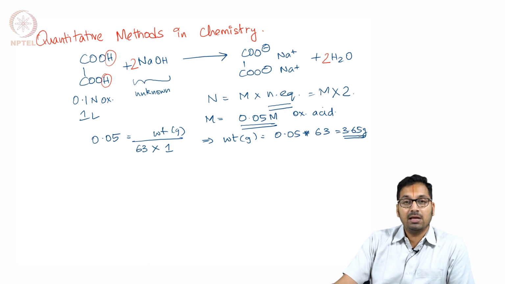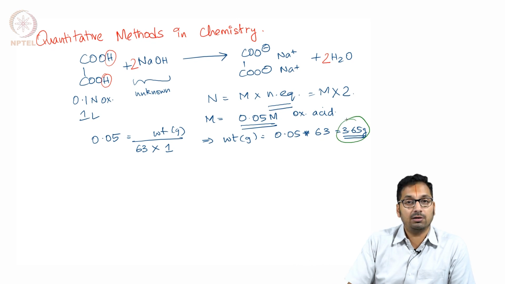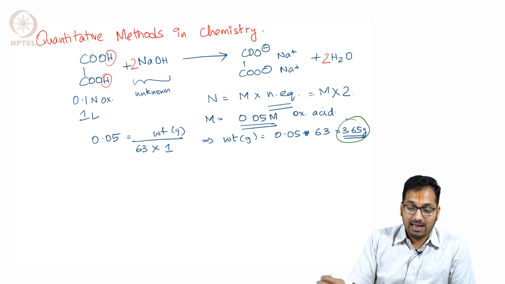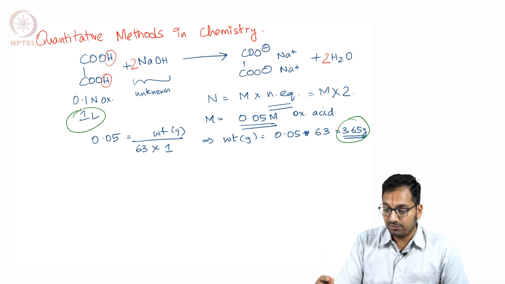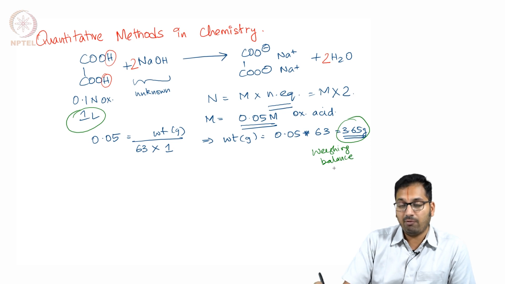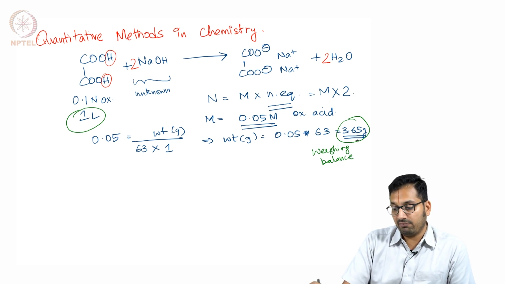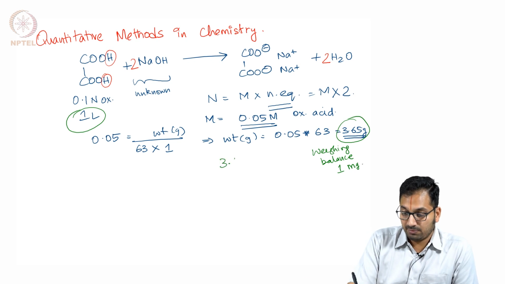Okay, now that we have seen this, you are able to recognize that there are 2 things that we are doing. One is that we have to measure out a certain weight of oxalic acid, and we have to dissolve it in 1 liter of a total solution. So a little bit of thinking makes you understand you have to use a weighing balance. Most often it's an analytical balance we use, which gives us very good precision of about 0.1 milligrams. But for the sake of understanding here, let's assume that the weighing balance that we are using has a 1 milligram precision. So therefore this is going to be nothing but 3.650 plus minus 0.001 grams.